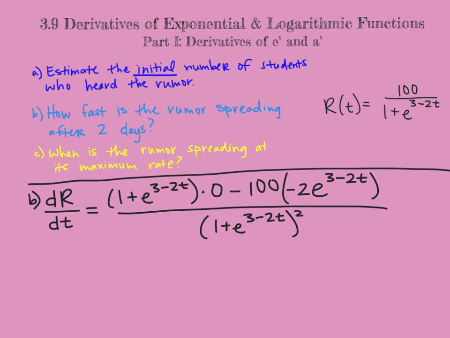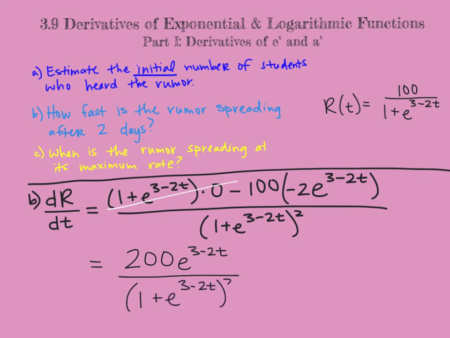Perfect. Now let's clean up the numerator a bit. The denominator does not need to be cleaned up. So cleaning up the numerator, this first term goes away because it's times 0. The second term has a negative times a negative, so that's going to end up being a positive 200 here. And then we'll have 200 e to the 3 minus 2t over 1 plus e to the 3 minus 2t quantity squared. And that is our rate of change